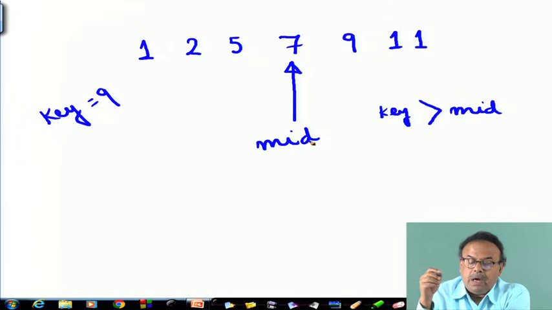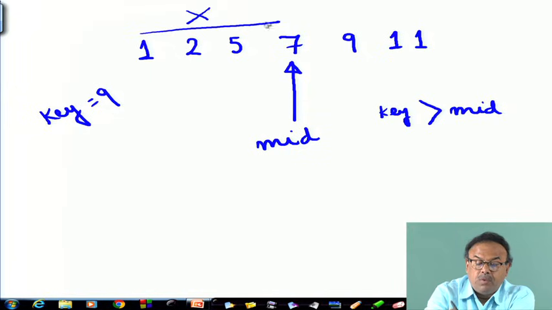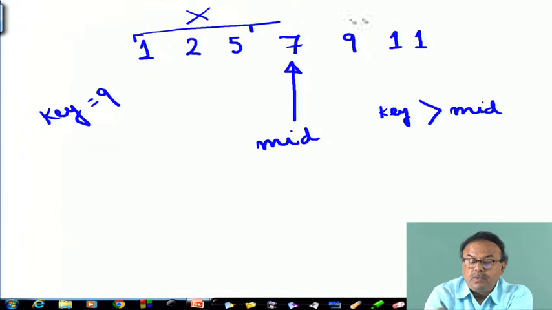Therefore, I know that the key, if at all, cannot remain in this zone. This part is ruled out. It must be in this zone.